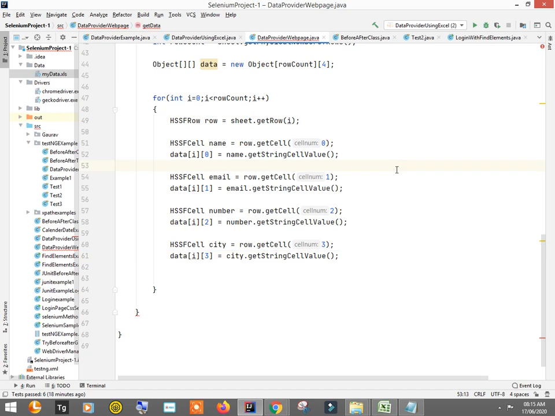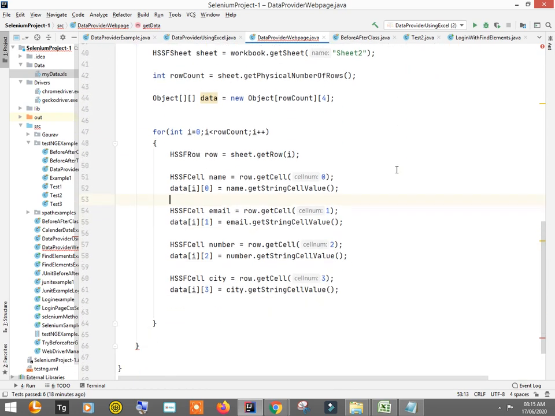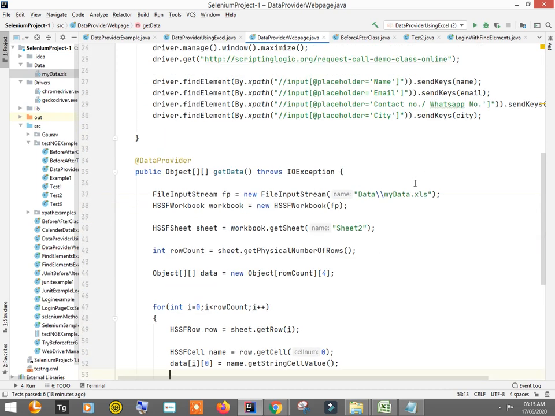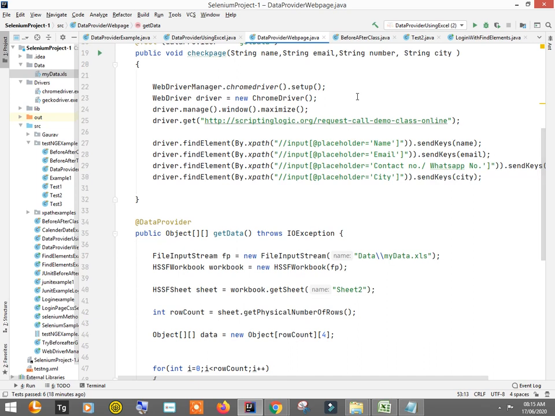Okay, so now here is the complete code, but still after this for loop we need to return this data object. This is the important step. Actually here you find the error as well. It says missing return statement, so return data. So this code is quite ready, so we will try this.